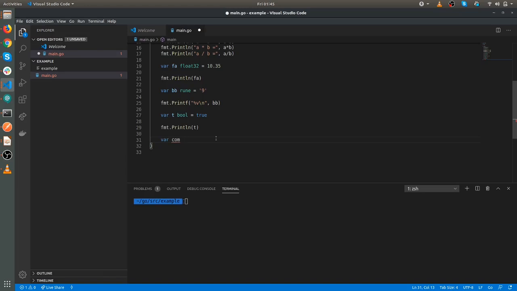Let's take a variable com with value 3 plus 5i, and take another variable com1 equal to 4 plus 5i. Now let's sum it.